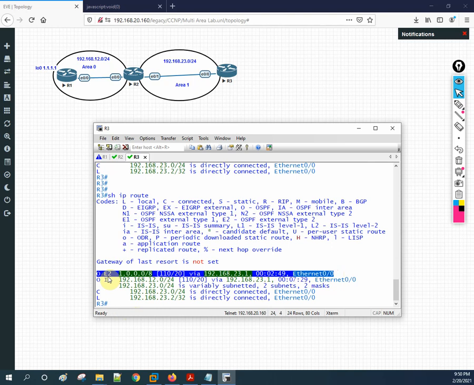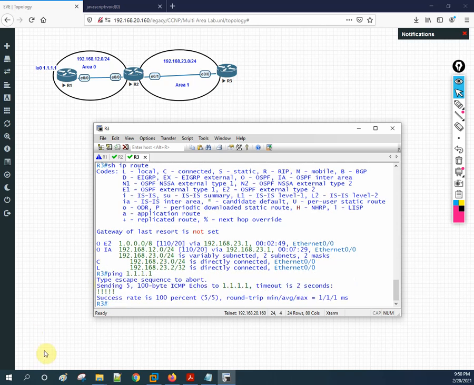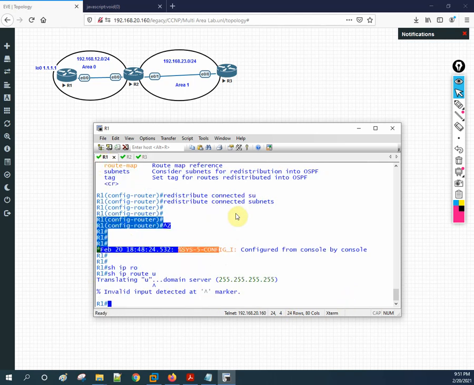It is coming from something other than OSPF, and we are putting it into OSPF. That's why it is E2, OSPF external type 2. And OIA is from a different area: O means OSPF, IA means inter-area. Now we have the route, so you can ping that network. Ping 1.1.1.1, and the reply is coming.